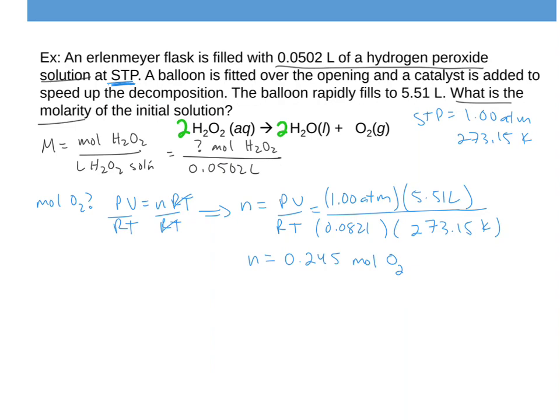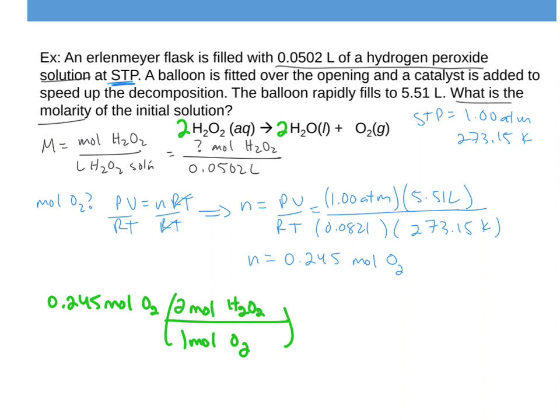So now I can set up my stoichiometry. I'm going to start with the 0.245 moles of O2. According to my stoichiometry, for every 1 mole of O2, there are 2 moles of H2O2, right? There's 2 moles of hydrogen peroxide, because I'm going from here to here. It's a 1-to-2 ratio. And that's all I need. I don't need any grams or anything for this, because I'm just trying to figure out how many moles of H2O2 there are so I can figure out that molarity. And so it turns out that this is just twice that,